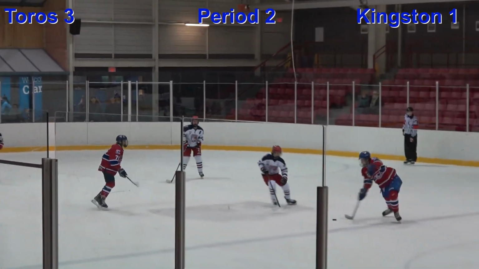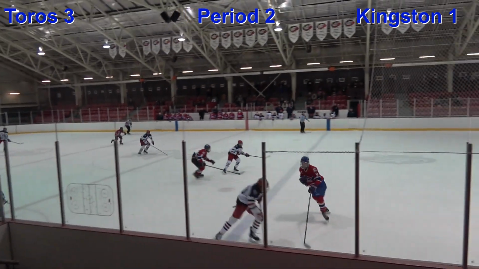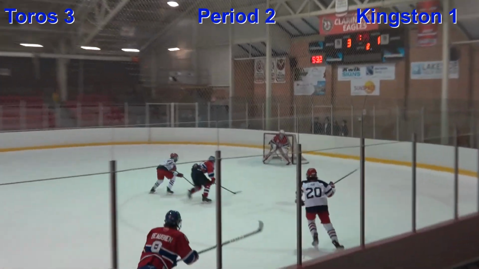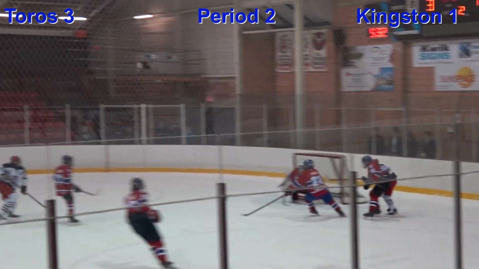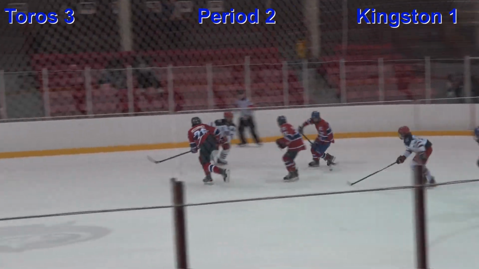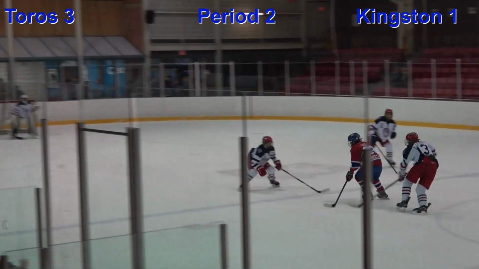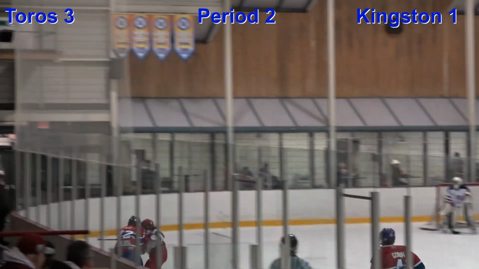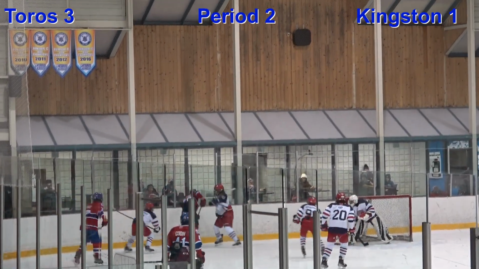Kept in here by Kingston. He's going to read that play well, trying to start a 2-on-1 and get around the defender Beaubien. Backhand pass at the foot got steered aside by Pierce. And now Page tries to go away with it. Page and McCormick try to bring it in. Here Page is hit into the boards on that right side. It goes back in behind the net.